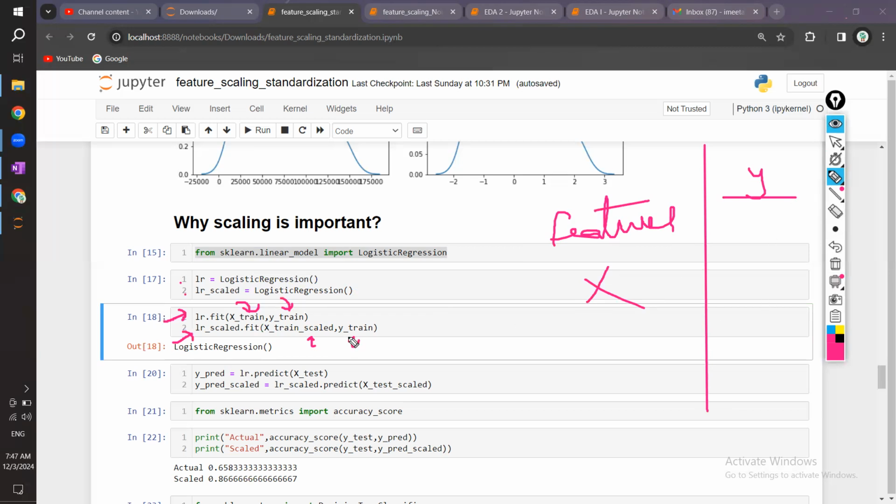So now over here you have X train scaled. What is X train scaled? Scaled data. That means it will have both age and salary, but this is scaled. Done. Now after that, simply you can get the predictions. Using this LR, you can use X test, and I'm getting Y pred. And on this LR scaled, I'm passing X test scaled, not X test, because